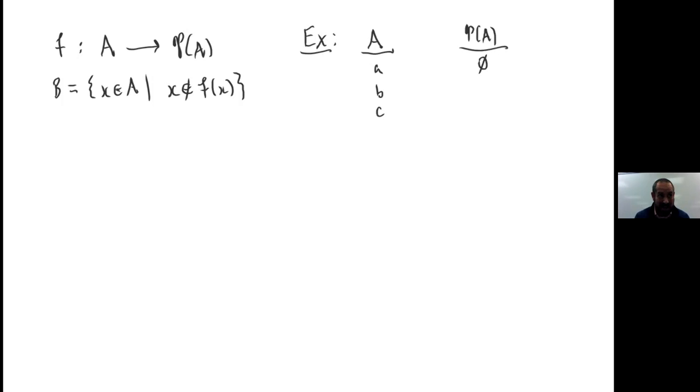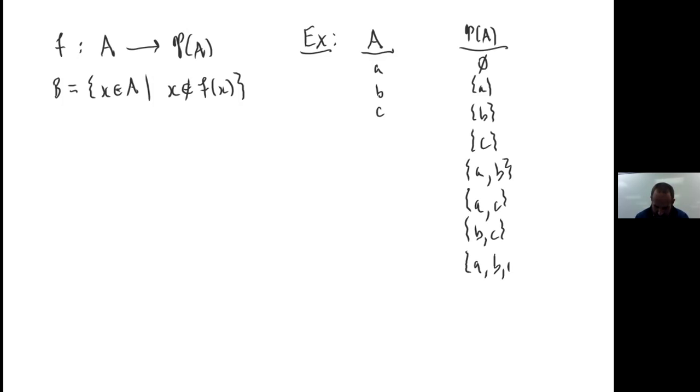The set consisting of a. What else? The set consisting of b. The set consisting of c. What else? The set consisting of a, b, and c. Yeah, that's going to be one of them. The set consisting of a and b. What else? All right, a and c, b and c, and Colby, what did you say? a, b, and c, right? 1, 2, 3, 4, 5, 6, 7, 8 possible subsets, yes? Which comports with what we know about power sets, correct?